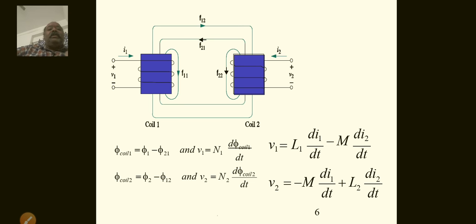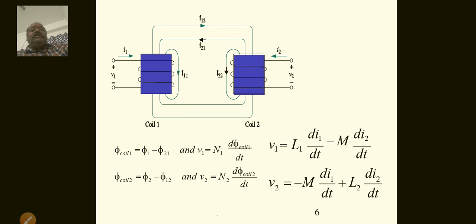So now we will go through this. This is again the coils connected like that. If it is opposing, previously the two coils were in the same aiding direction, but here it is opposing. So here it is indicating this direction, but here it is in the opposite direction. Therefore phi 12 and phi 21 are opposite to each other, but in the previous circuit both were in the same direction.